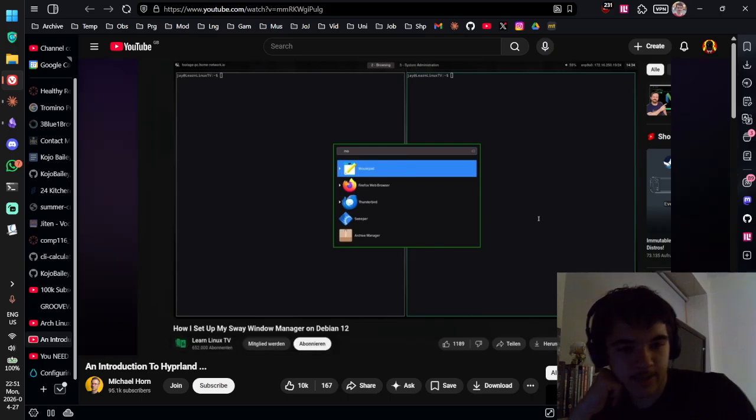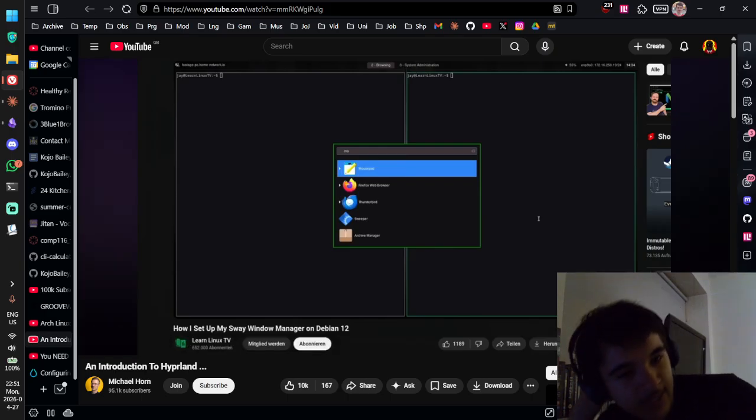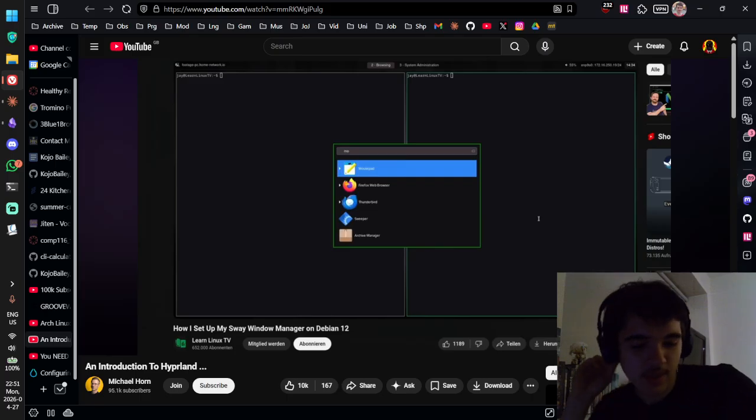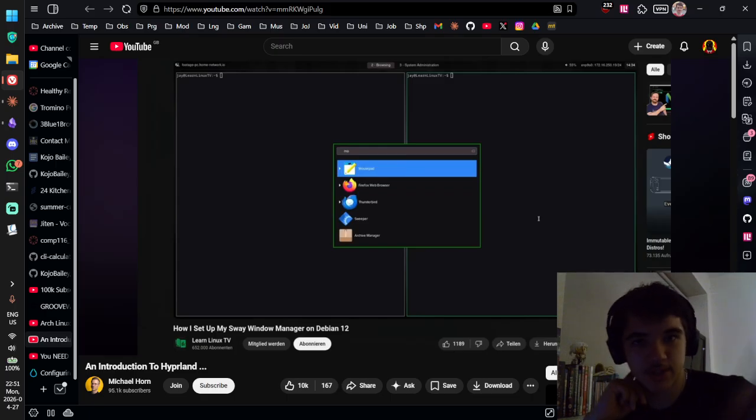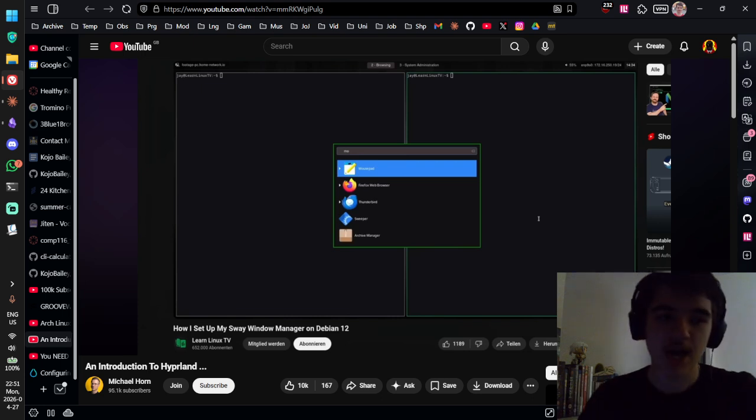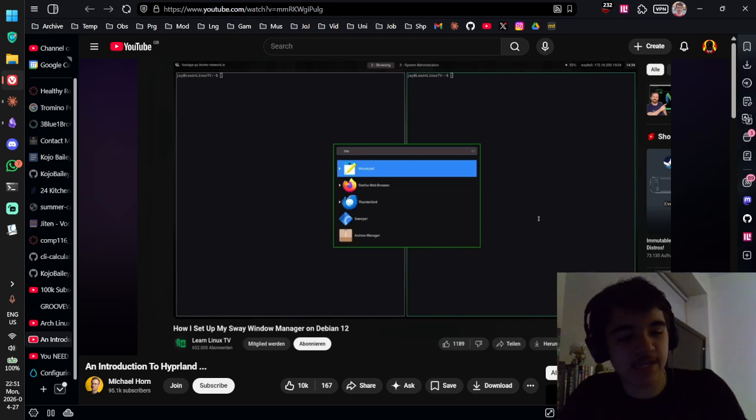Obviously Hyprland is a tiling window manager, but I like how it makes it very easy to switch between different desktops. Well, you can think of them as desktops. Like I can use the master key plus 1, 2, 3, 4, 5, etc. to switch between different desktops, which means I can have different apps in full screen